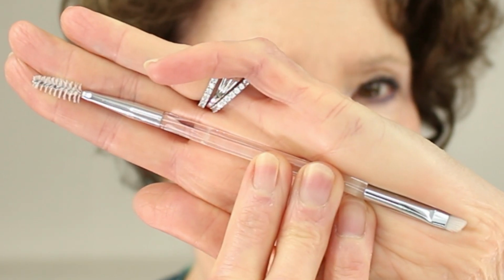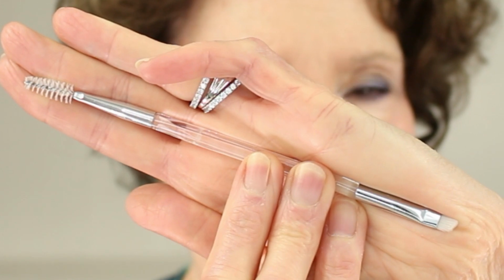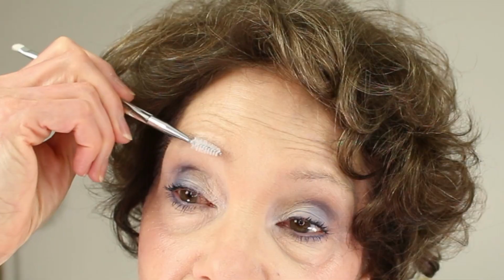First, let's talk about two great tools. A product like this spoolie that has an angled brush on one side and a spoolie on the other side is an absolute necessity. As you saw, the spoolie looks like a mascara wand, and it does a couple of very important things. First, it enables us to brush our brow hairs up so they look their best. And second, we can run it through our brows to pick up any excess product, which helps our brows look